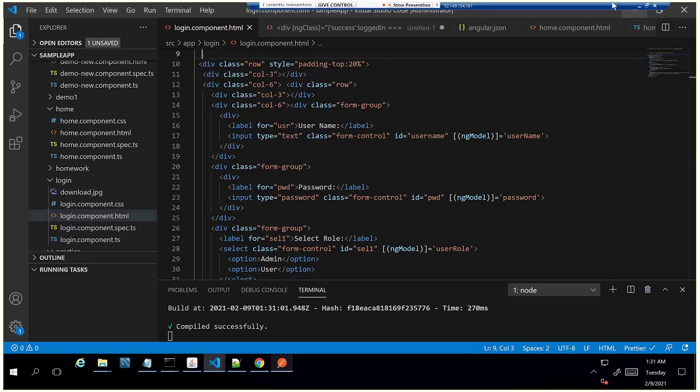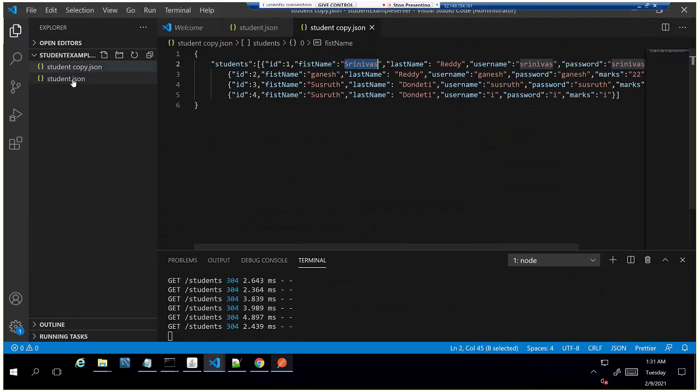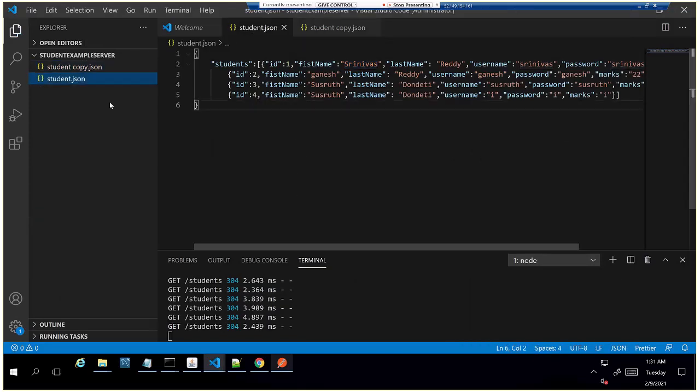And what is the homework for you today? No, what homework? Do it all. Okay, good. Deleting all, and before deleting, take a backup of this student copy. Okay, we have already, because it will remove all the records from here. Copy the records again from the copy.json and try to run multiple times. Okay.